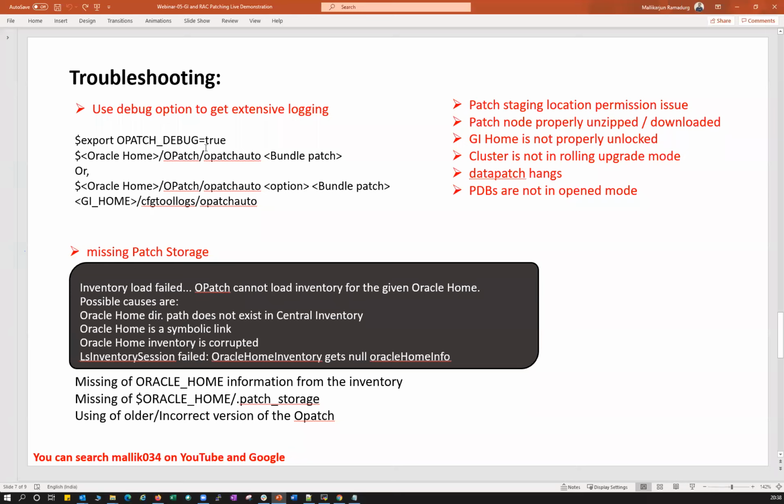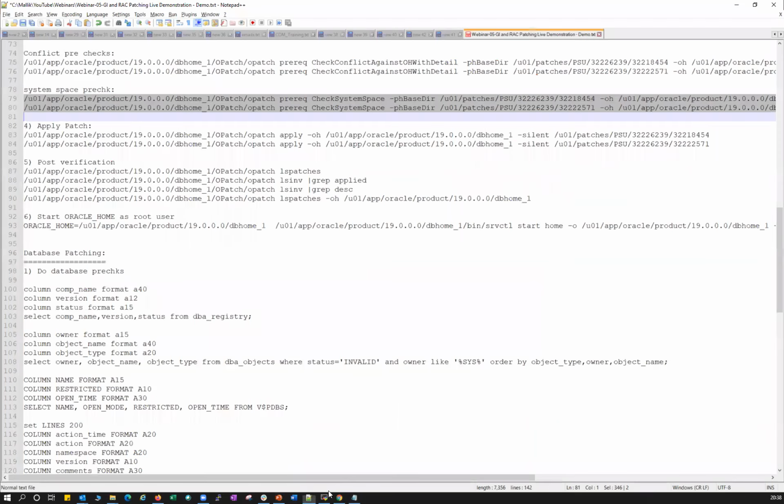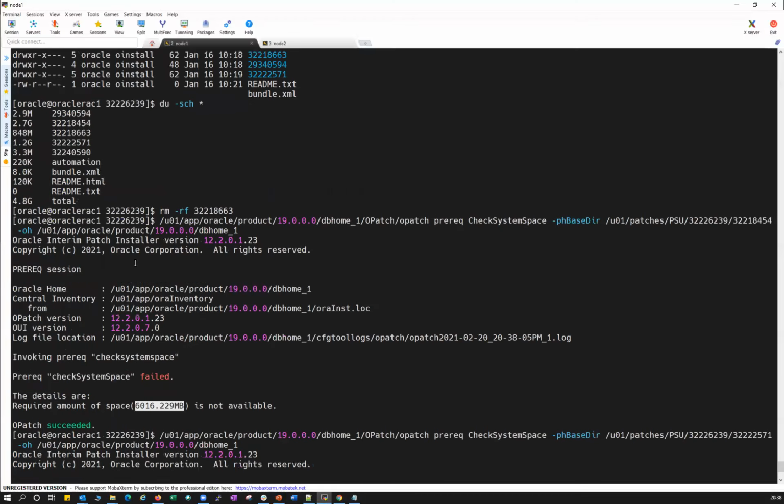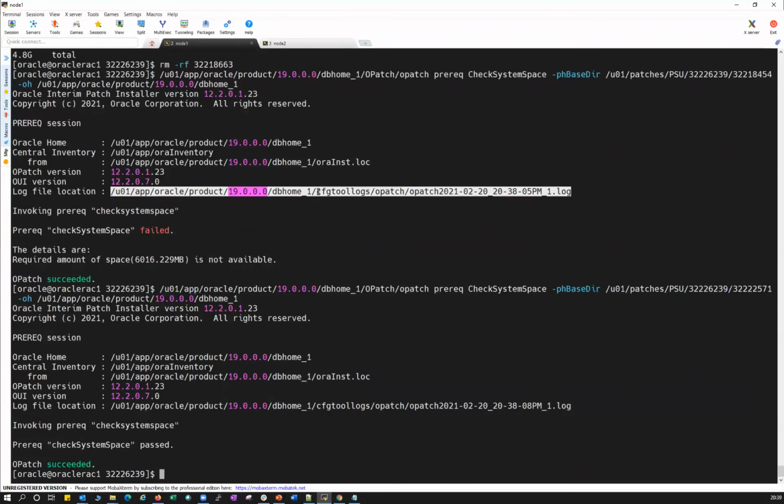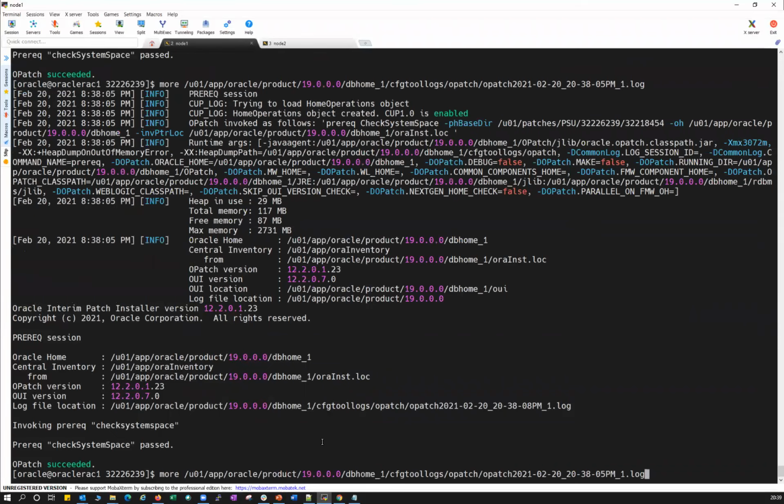One of the troubleshooting options is, when you are hitting any issues and you are not getting any clue, you just enable opatch debug true and then run the same command. It will generate a lot of trace files and you can read them, and they will tell you exactly what failed. But another best practice is, if it failed, check this particular log file and you will see the failure reason.